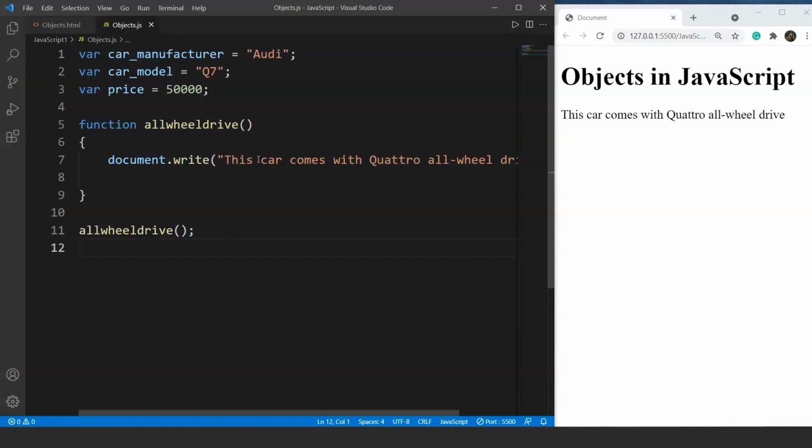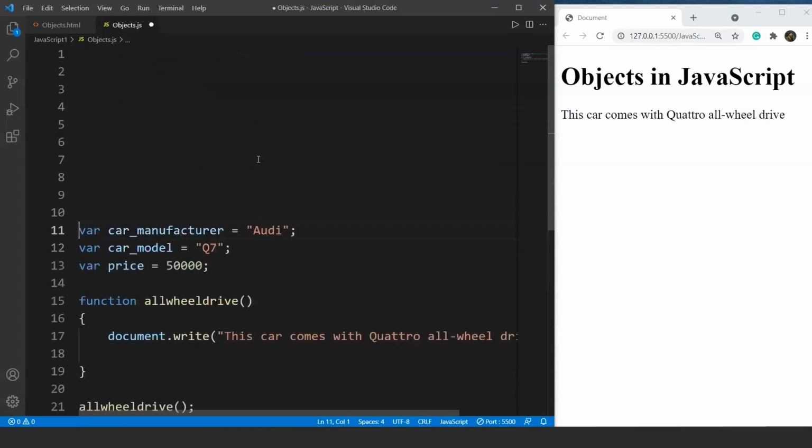This is where the concept of objects come into play. These objects help us to bundle all these properties and attributes about one particular entity. If we talk about this particular example of a car, we can put all these properties and many other properties like car weight, car color, and so on together under one name and make it an object. Let's move on to the syntax for objects in JavaScript. We'll do it for this same program. We'll use objects. Now let's go ahead and have a look at the syntax for objects.